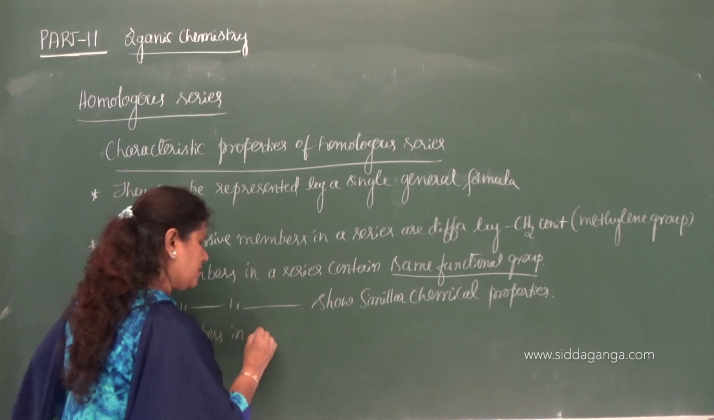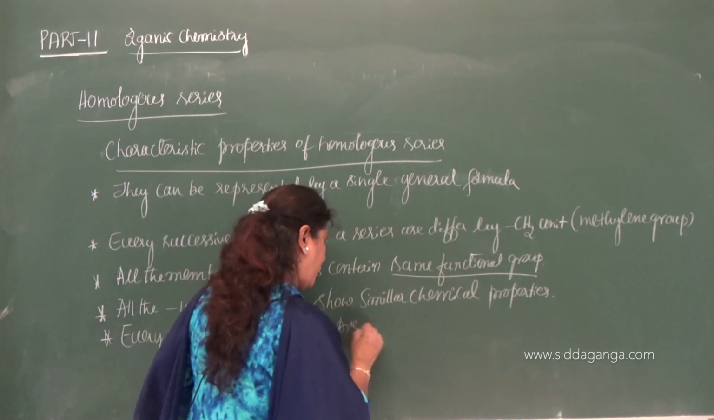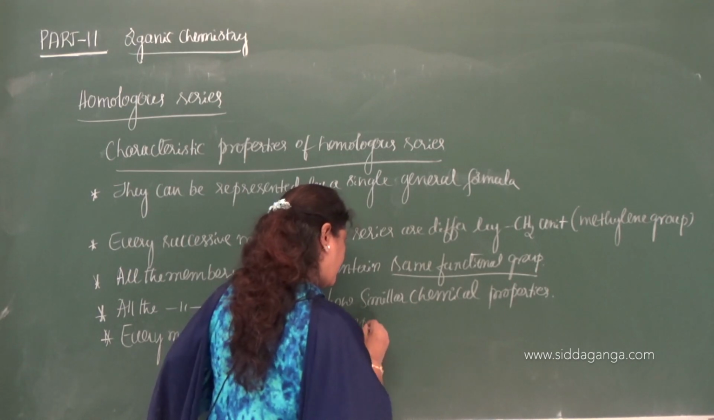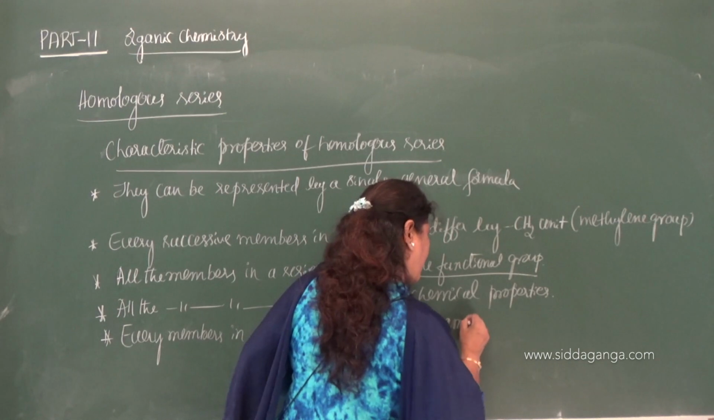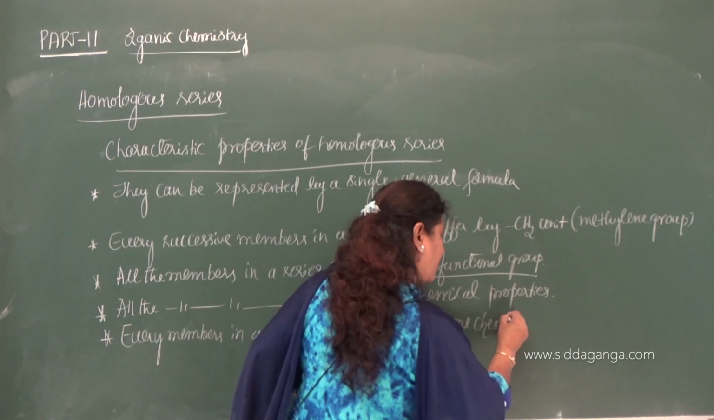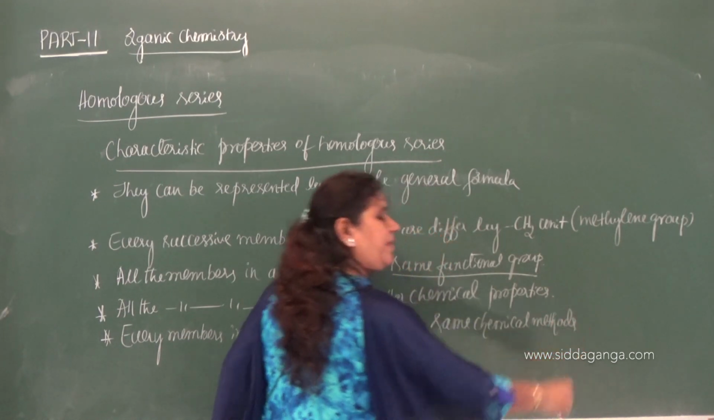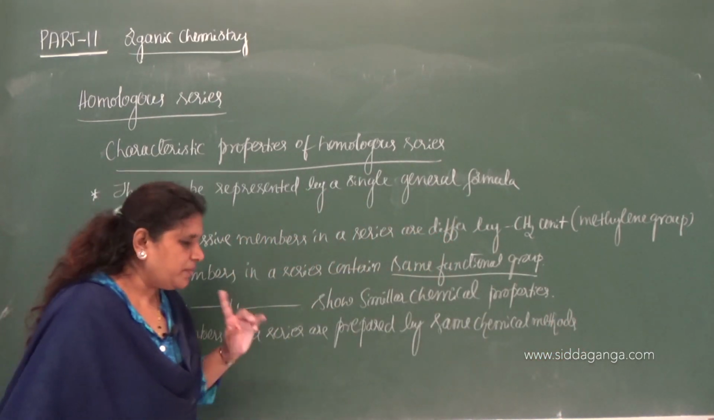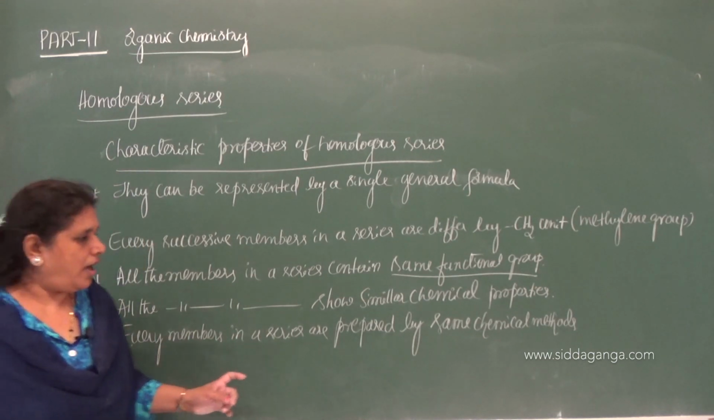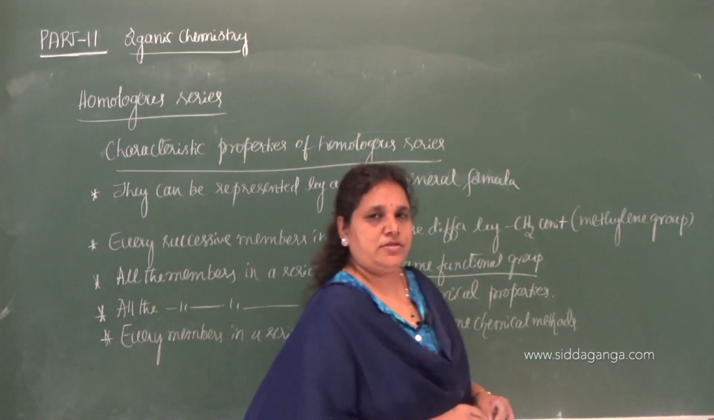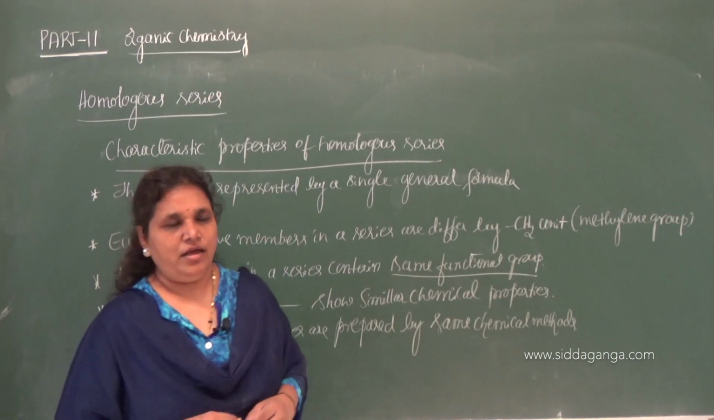And the next one, every member in a series is prepared by same chemical methods. So this is one more important property, that is every member in a series is prepared by same chemical method. So whatever the chemical method that we use for the preparation of methane, we can use the